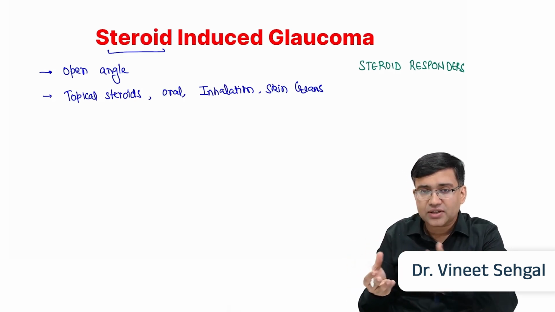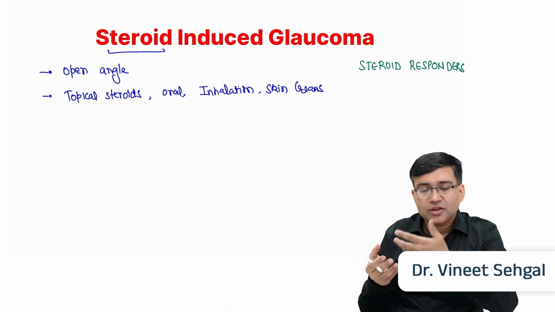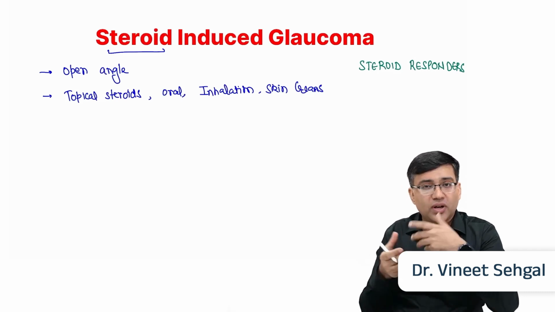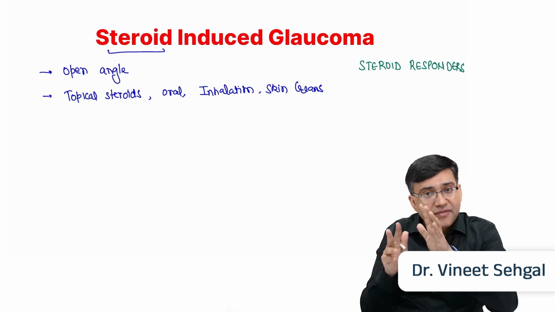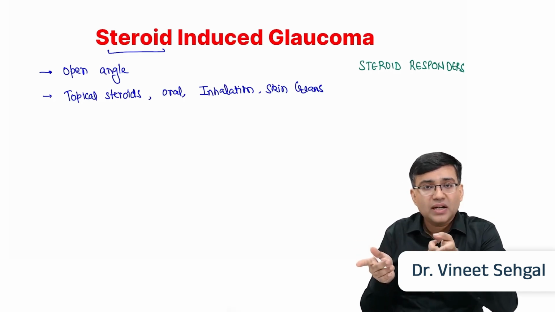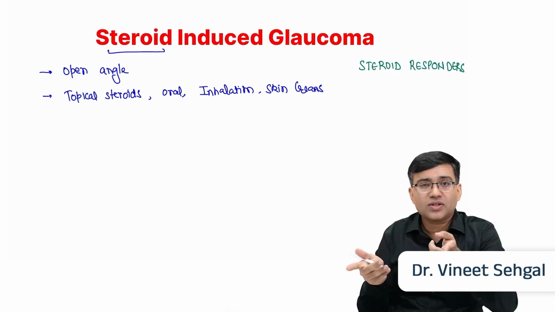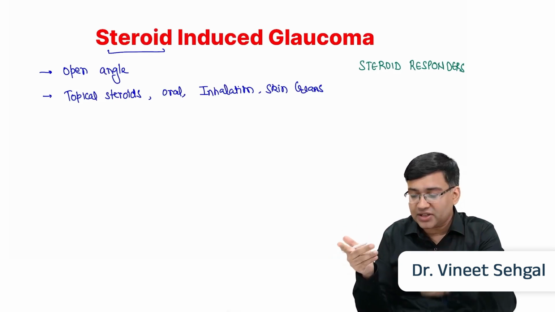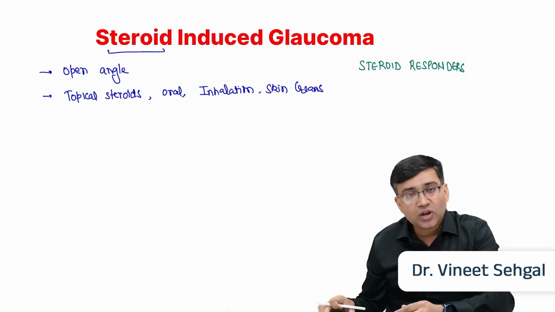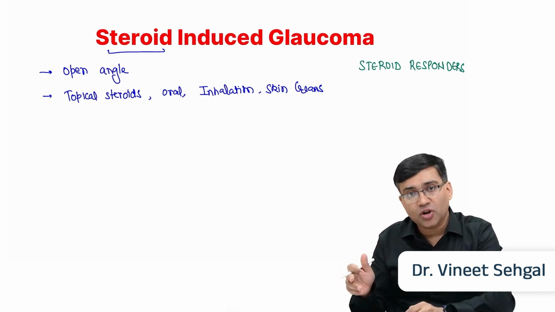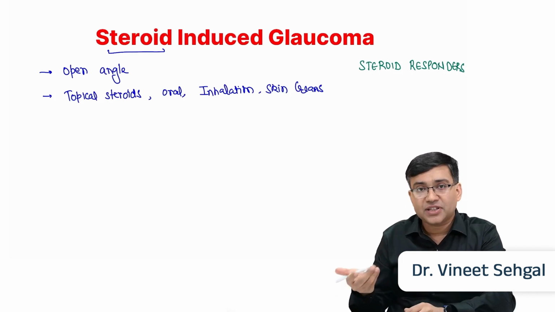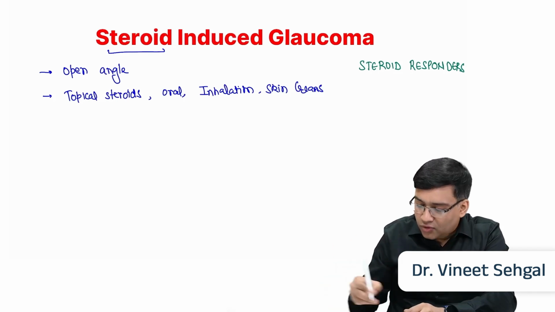Sometimes students ask me, sir, you are using steroids in uveitis, that the steroids can basically cause glaucoma. But remember, every steroid would not cause a glaucoma, and every patient would not have an increased intraocular pressure. Some patients are more at risk for steroid induced glaucoma or a steroid response. So what are these patients? What are the risk factors for